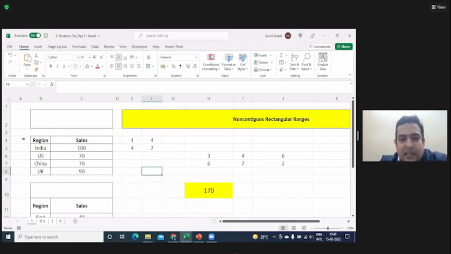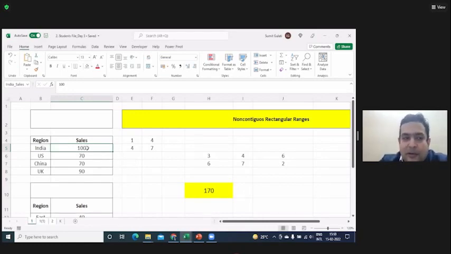Has everybody named this way? Oh, one second. So we should do it for all, China and UK also? Yes, you can do it for all, but I'm not doing it because I'll tell you a simpler way of doing it. Right now, just to introduce the concept, I'm just doing it for India and US. This is called naming the ranges. I'll tell you in detail, from where you will be able to recover it.